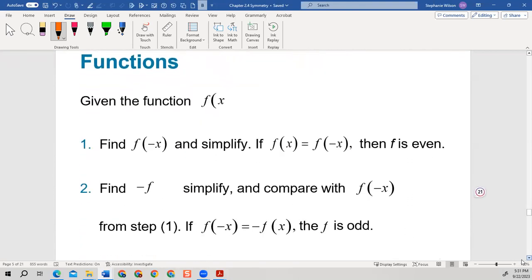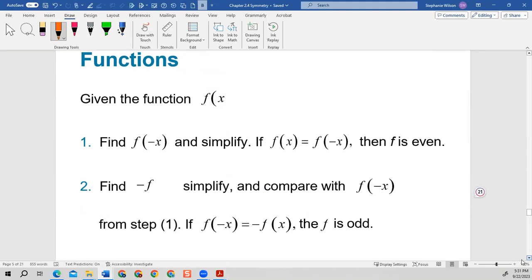So we're going to determine if it's even or odd. This one here has f of x. We're going to find, when we apply the negative sign to the x, and f of negative x equals f of x, then f is even. If I place the negative on f of x, simplify, and compare it to this, and they are equal, then f is odd. Okay, so you may want to print this out,